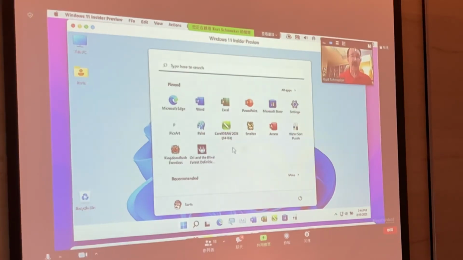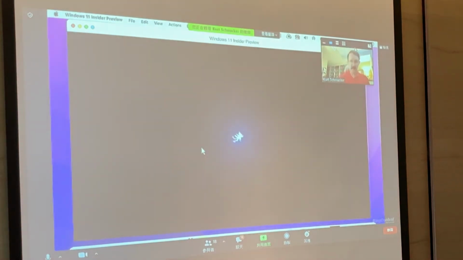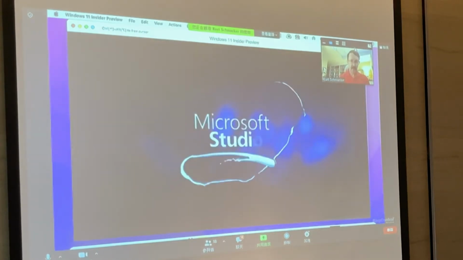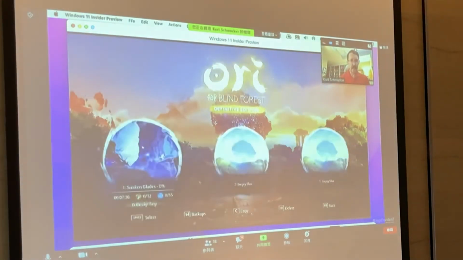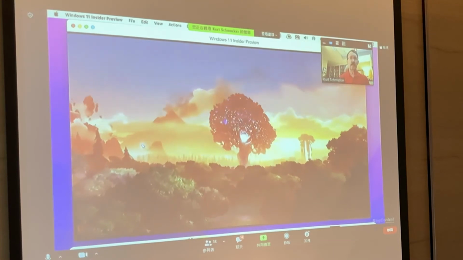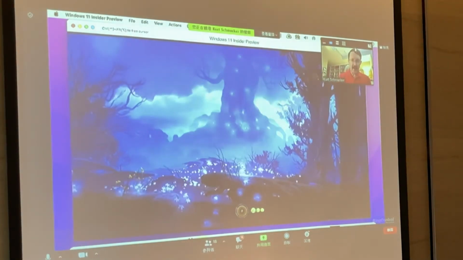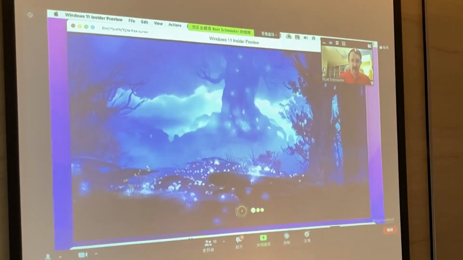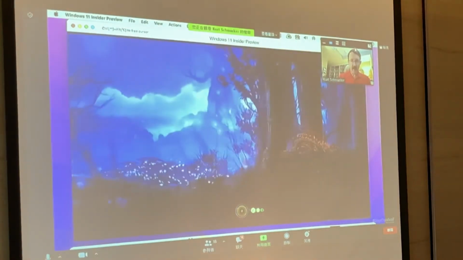Ori and the Blind Forest, and I'll launch it now. 这个游戏叫做 Ori and Blind Forest。我现在把这个游戏打开。So in this game, you control this little character with the keyboard or the mouse. 这个游戏里面呢，我就用滑鼠或是键盘来控制这个主角。And you run into obstacles like this. 会遇到一些像这样的障碍物。